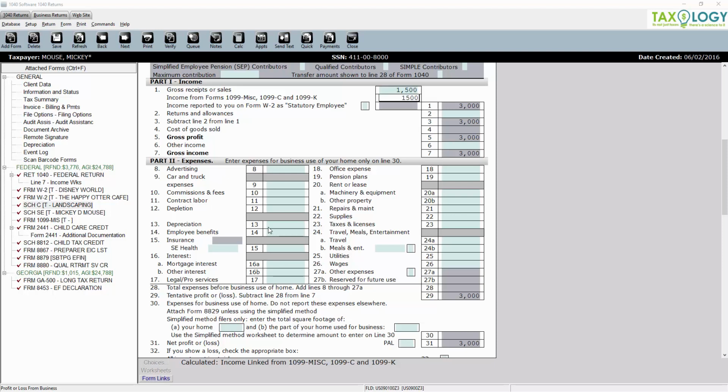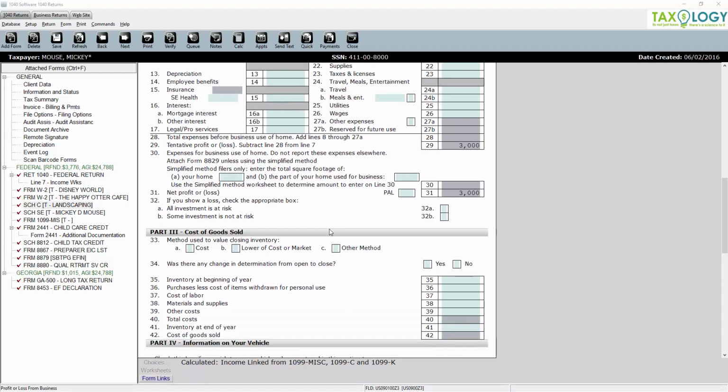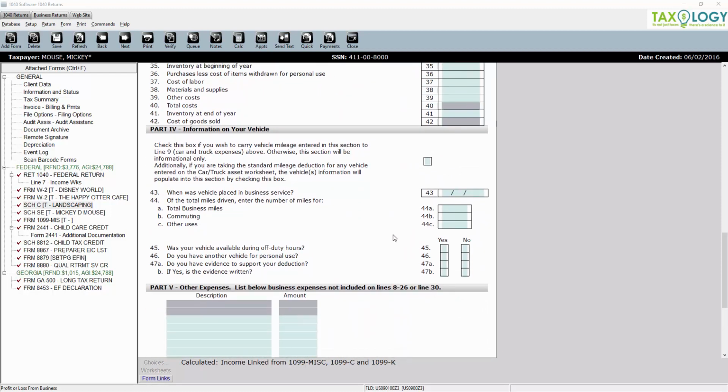Depreciation, however, we're going to come back and talk about in just a few minutes. But let's talk about mileage. If they want to have mileage claimed for a vehicle, and strictly mileage is the only thing that they have kept up with, you would want to put the mileage piece in section 4 of the Schedule C. Here is where you would enter it in